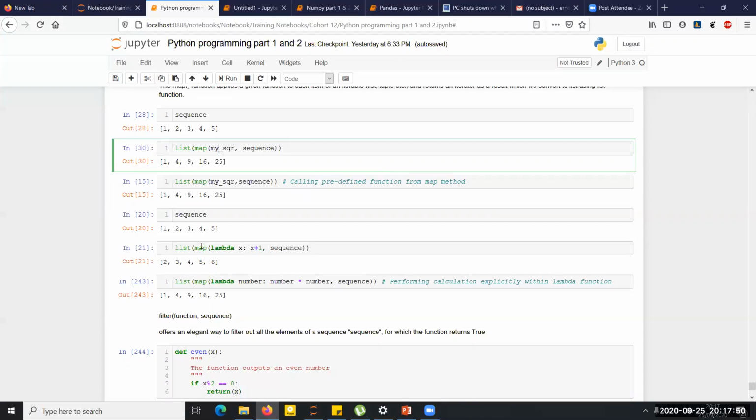So here I've used map. And so what map will do is apply this lambda function to each individual item in the sequence here. The sequence is a list that we had created, which contains the values 1, 2, 3, 4, 5. Then we are going to get the result as a memory address. For us to be able to convert that memory address into a list, we use the list function and we pass the map into the list function. Then we are going to get our result as a list of the operation that has been performed on our previous list. So that is map. Map applies functions